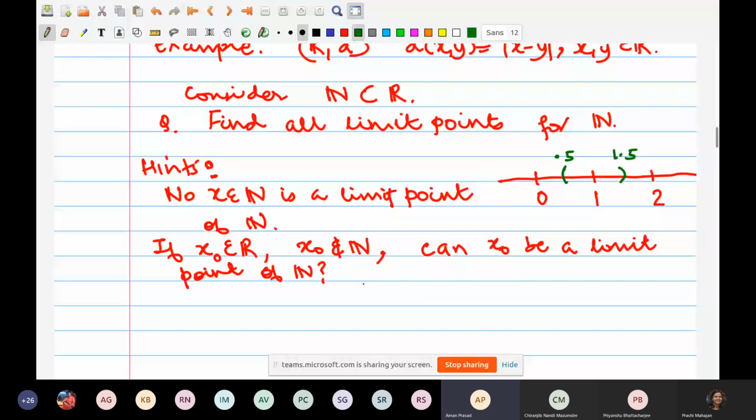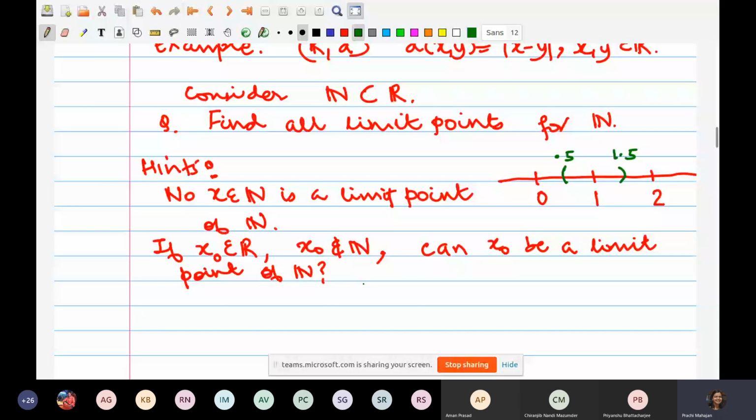The x naught belongs to, suppose, (1, 2). So if x naught is 1.5, suppose, we take it lesser than 0.5. Right, so we have a name for that, right? We talked about it some few classes back. Let's look at the greatest integer function, which is less than or equal to x naught. That will do the job, right?